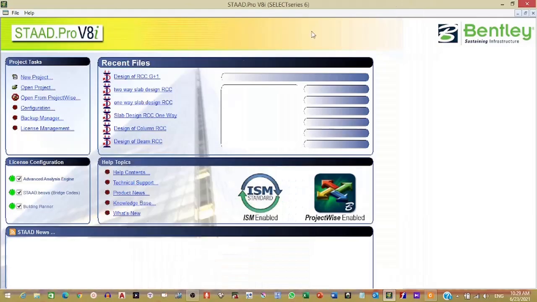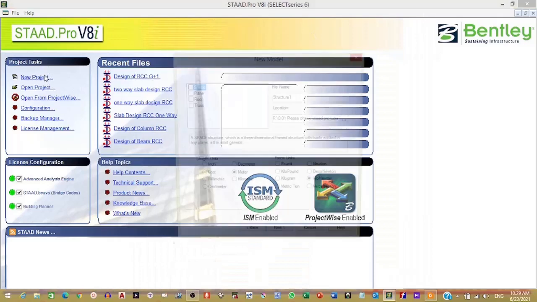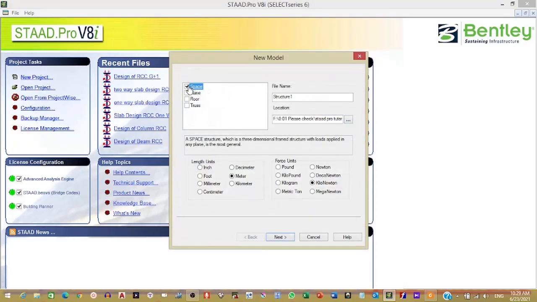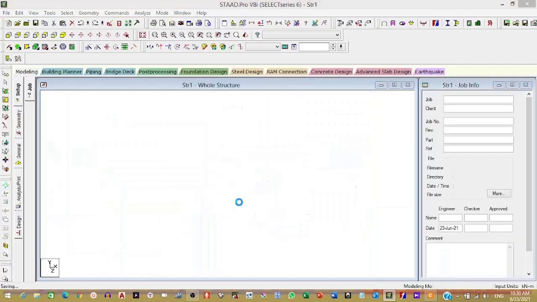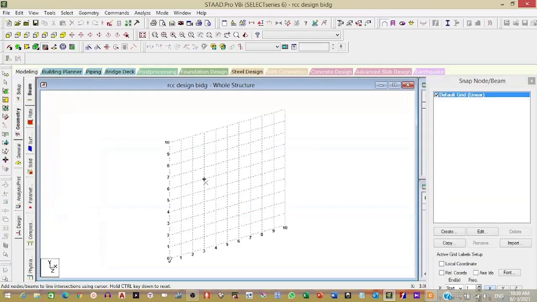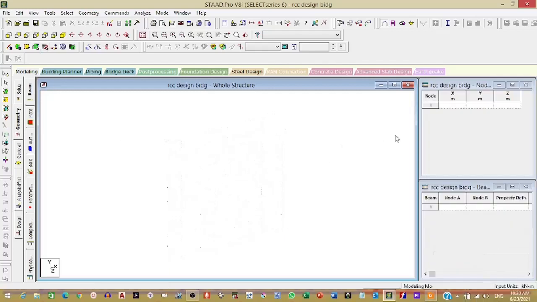Y is always the vertical direction, correct? So you calculate this for each and every point, because each point is your corner joint. In STAAD language we call it a node. So for each node you require coordinates, and this is a very simple method. There are three methods to put these coordinates in STAAD and get this frame, but here I am giving you information about the very simple basic method.